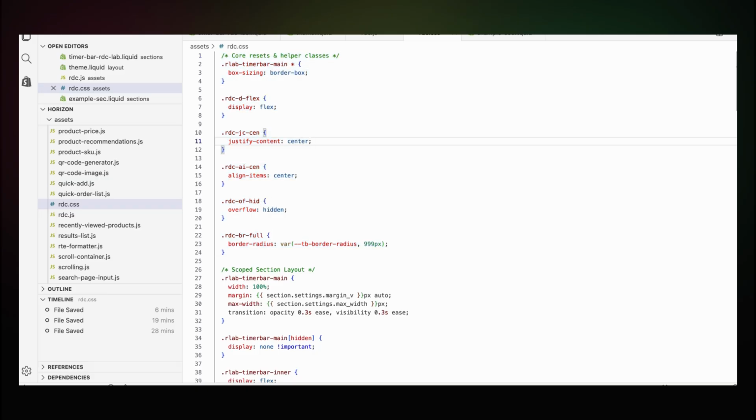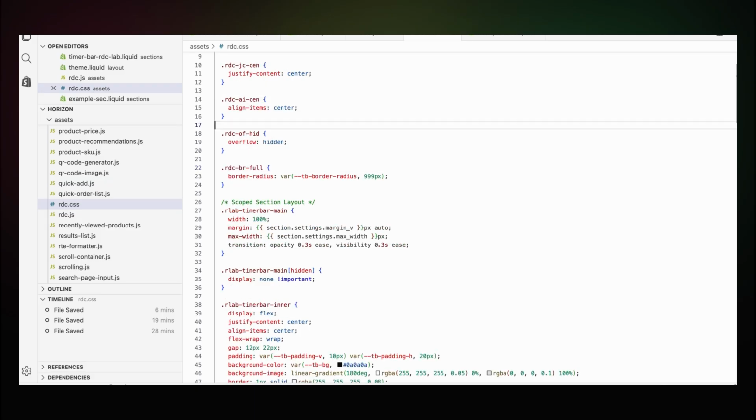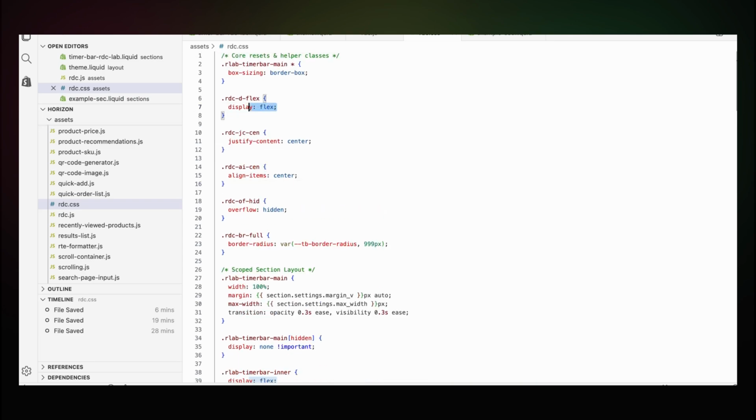And the instructions we provide, or the prompt that we provide to the AI, includes making sure that it sticks to the convention, such as the classes here that start with RDC or RLab, to make sure everything is clean and even reusable if you need to use them in the future. For example, display flex, if you need to use this, then you can just use this class on your elements